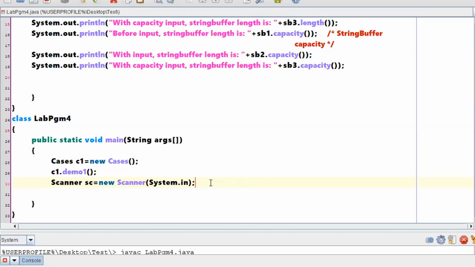For example, if you have read 17 characters, first it will copy all those 17 characters, then it will create another 16 spaces for further utilization. That means at any point of time, you will have 16 spaces ready for you.